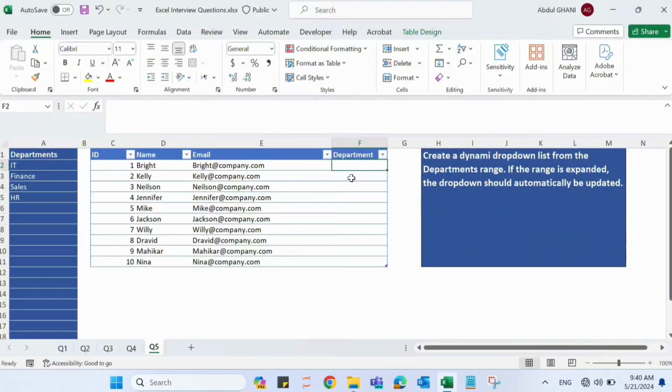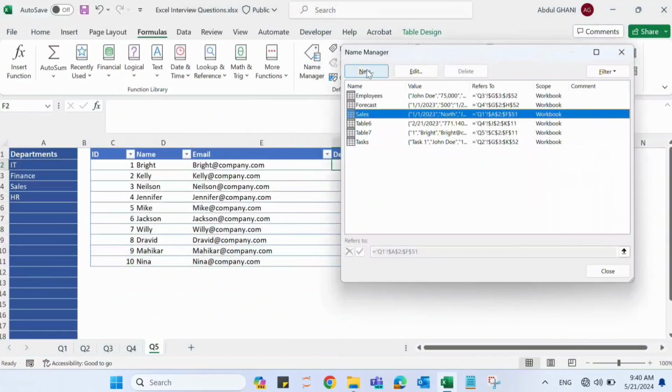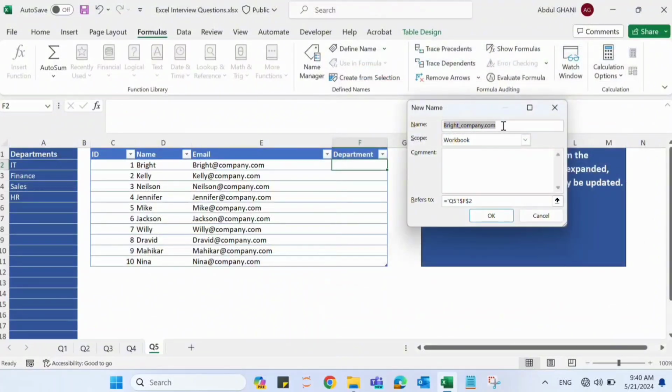For the first part, we need to go to formulas and add a name here. Go to name manager. Let's click on new. Give the name to this as departments, and let's add the formula in the refers to section. We can use offset function in MS Excel to get dynamic ranges. So let's use equals offset. The first value in the offset function we need to start from is this IT. This is the first value in this departments list,